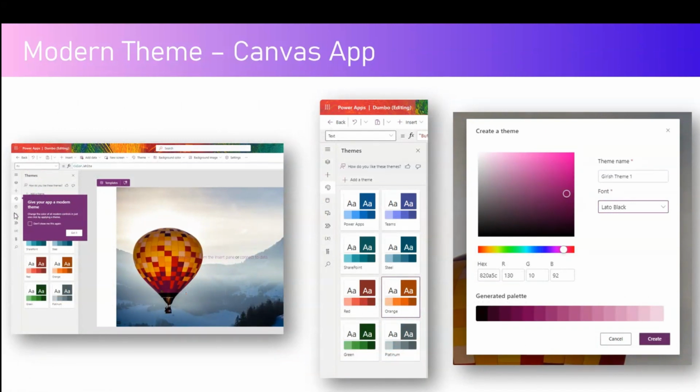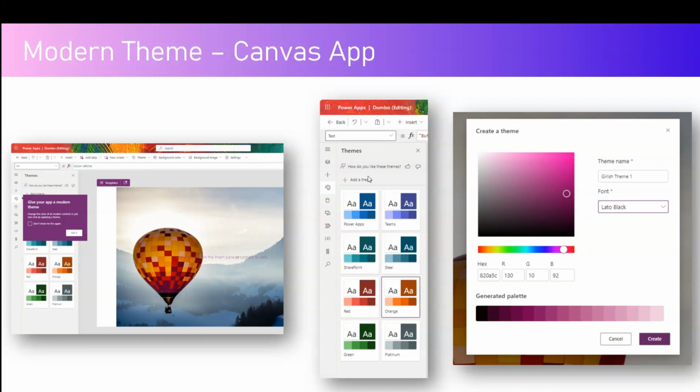On the left hand side, the theming component, the palette which you see, represents the modern theming. On the top, if you see a theme, that is the classic theming. Now, this classic theming is not available by default. You need to turn this on explicitly by going into the retired section from the settings, which I'm going to show you. If you are not satisfied with the current theme options available over here, so there are around 8